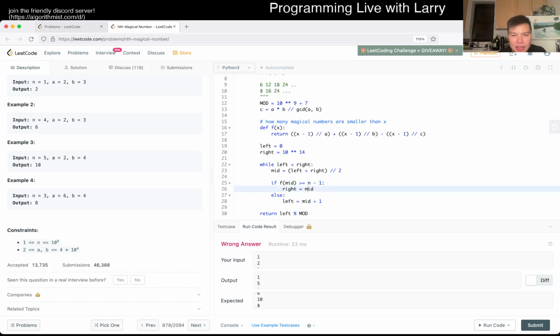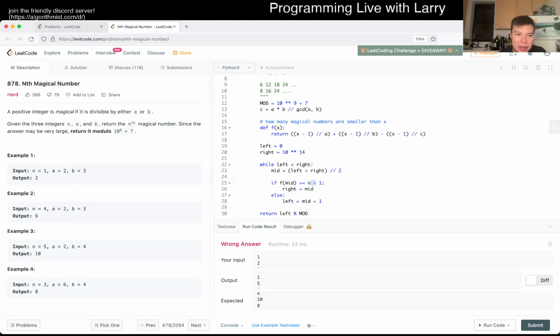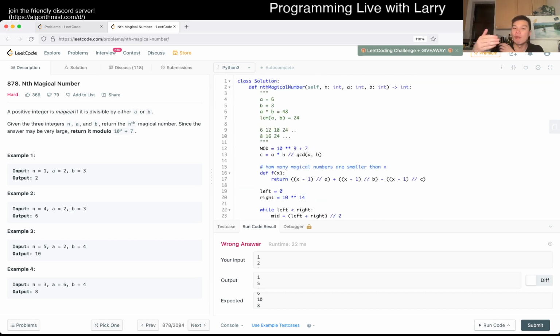Because we want the first number essentially, in which f of mid is greater than. Oh, okay, I see. I actually messed up on this one because I asked the wrong question. So actually, I don't know if at +1 works. Maybe at +1 works, but now my understanding is a little bit better, and I think I got it wrong, and I see why I'm wrong, and I'll explain why. And actually, I think this is a good lesson to kind of figure out off by 1s,